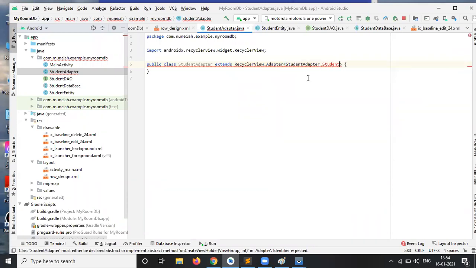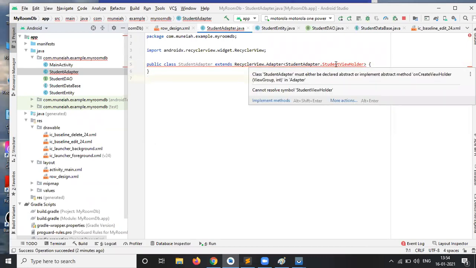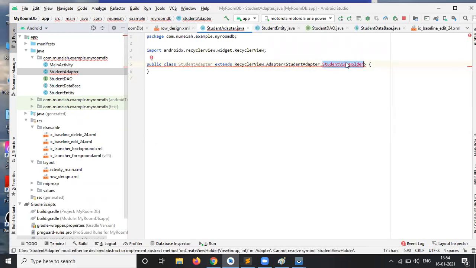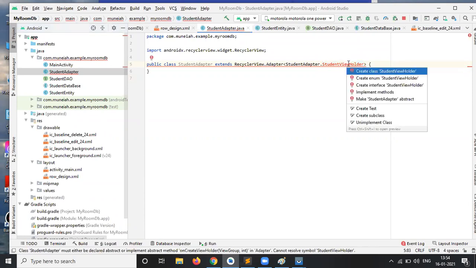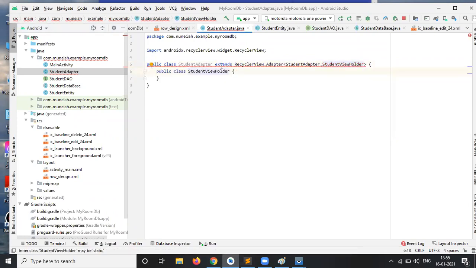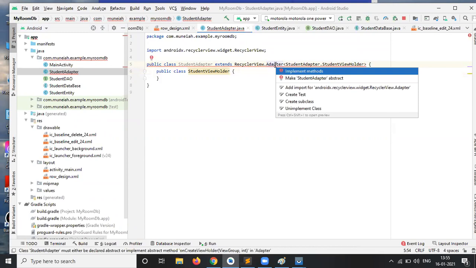That view holder should be StudentViewHolder. Okay, StudentViewHolder. Now I'm placing the cursor on the red mark of StudentViewHolder, Alt Enter, then create this class in the same class. Okay, and Alt Enter again.